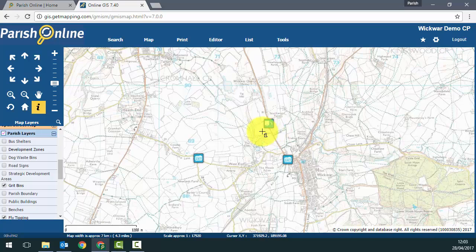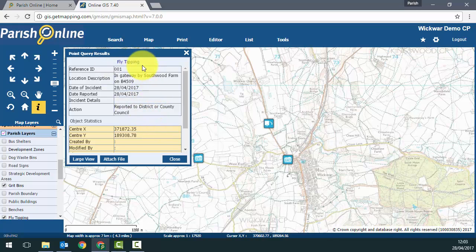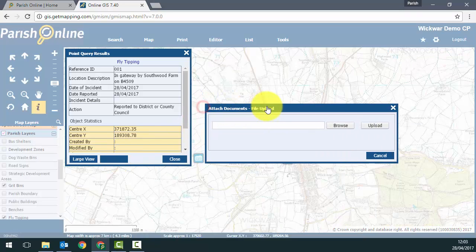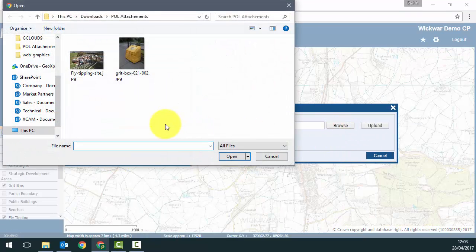If you want to add an attachment, still with the info click tool, I can click on this instance of fly tipping that I've put in earlier on. I've now got a photo that I want to attach to it. So I can click the attach file option and then in this window, browse to where that file is on my computer,